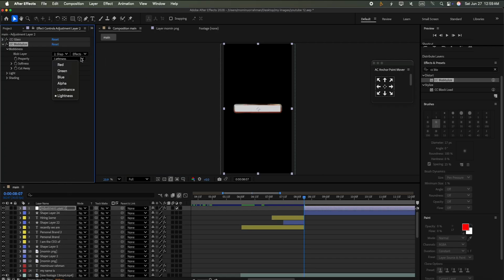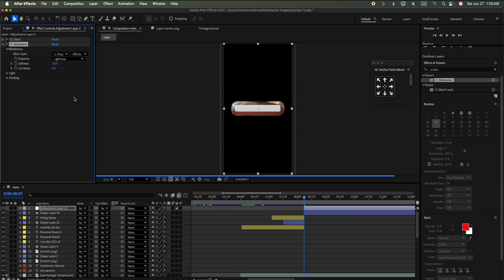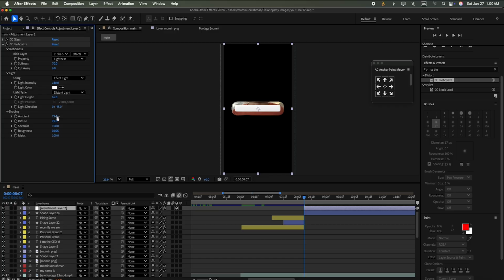Now we go to the above layer, shape layer 24, and we take the lightness, and then softness is 18. Take the cartridge 6. We take the softness as 17. Smooth, perfect. And then the light intensity is increased to 160. We take it. Then the ambient is okay,